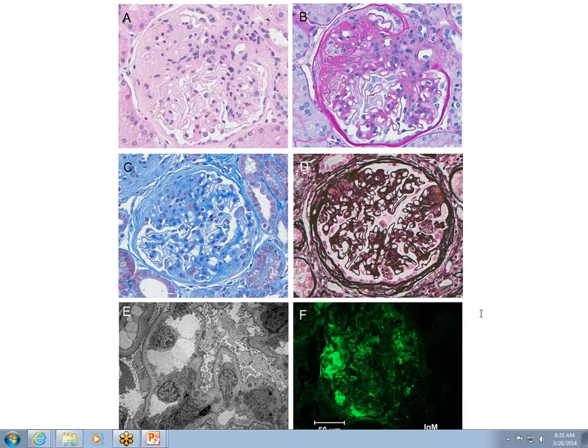So sclerosis means that you have effacement or compression of the peripheral capillary loops, and it's due to extracellular matrix. If it's just mesangial expansion, that's all I say.